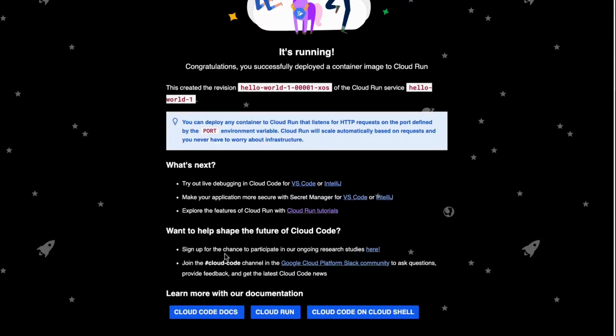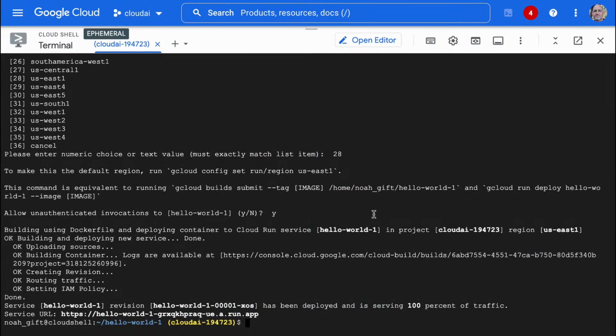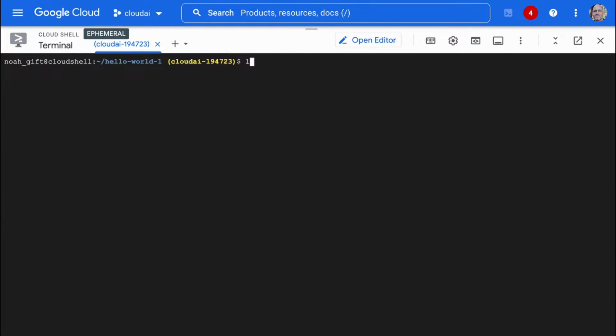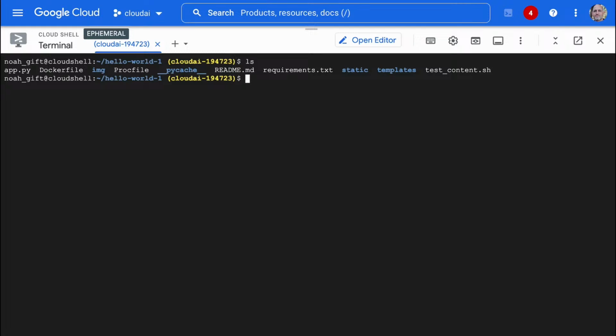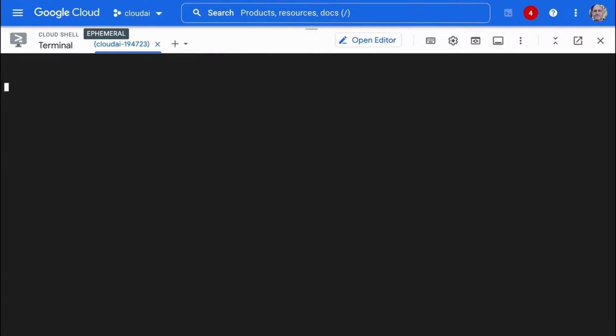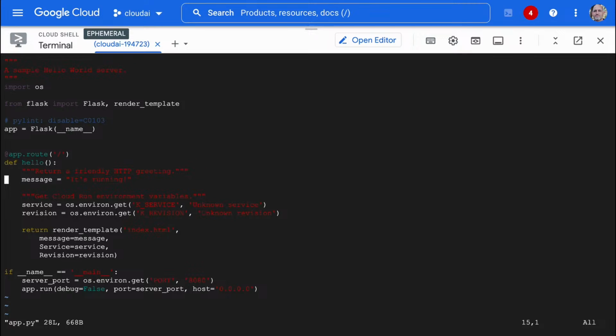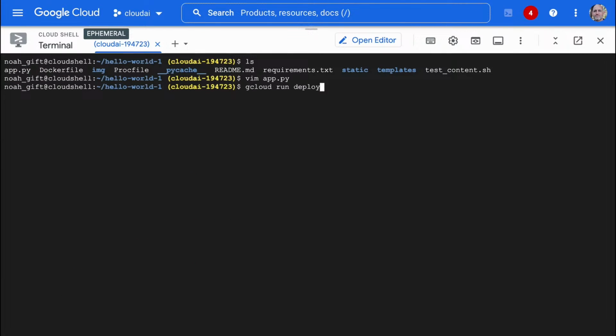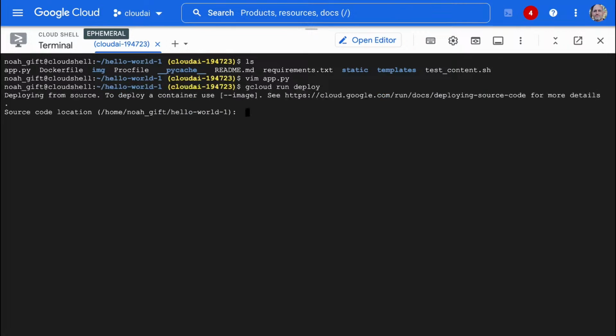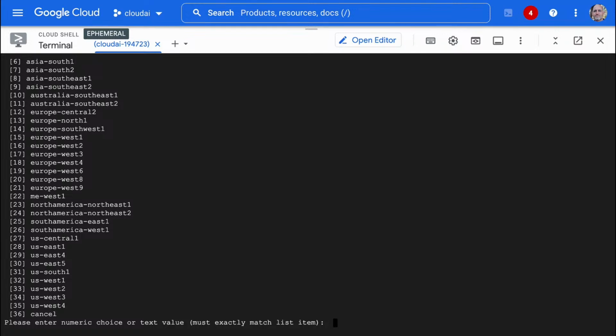Now, I believe we can debug this thing on the fly. If I remember correctly, it's pretty trivial to make a change. So let's try that. Let's go into the app here, and let's just tweak this a little bit. And we can say the message is it's running, and I changed it, right? And now if I say deploy, it should let us redeploy easily.